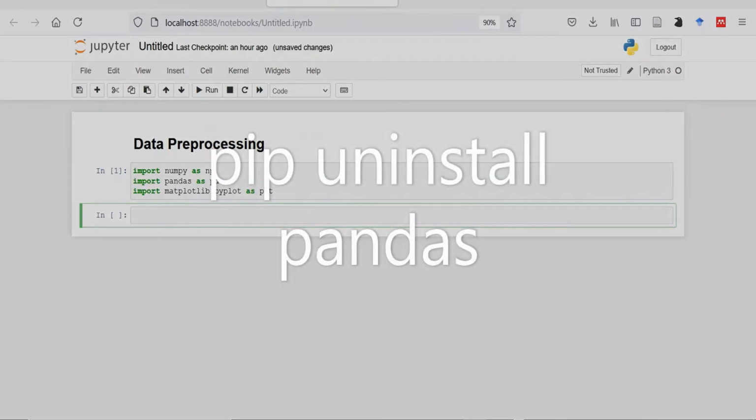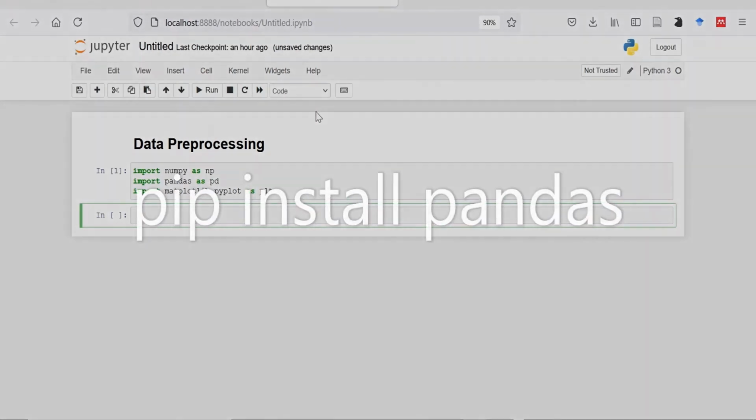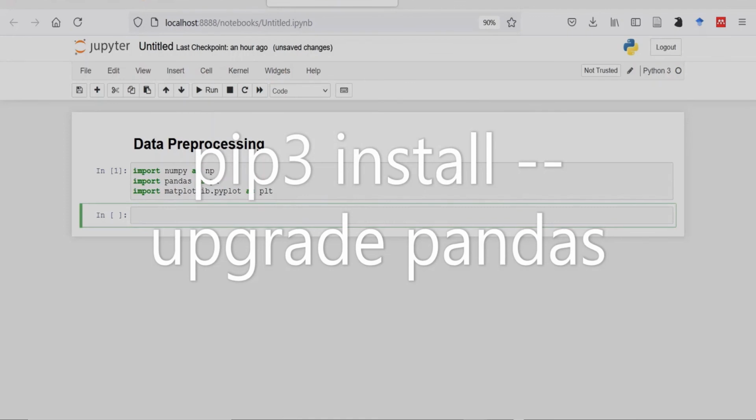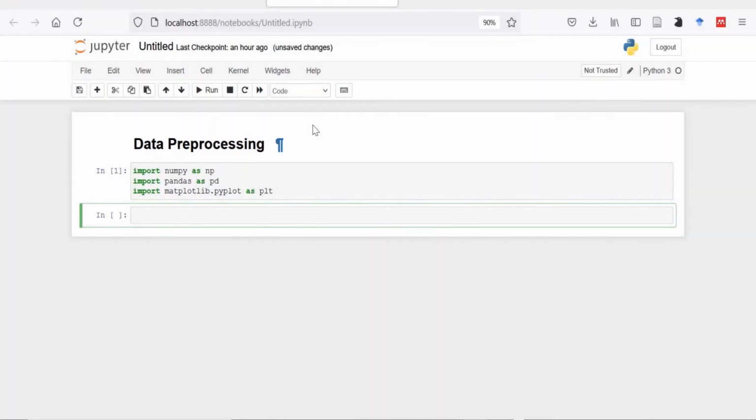So you will uninstall the pandas, which is the previous version, and then type pip install pandas. So it will install the new version of the pandas, and to upgrade it you can use pip3 install upgrade pandas. Alright, if you don't get any errors, which most probably you won't get, so that is awesome.